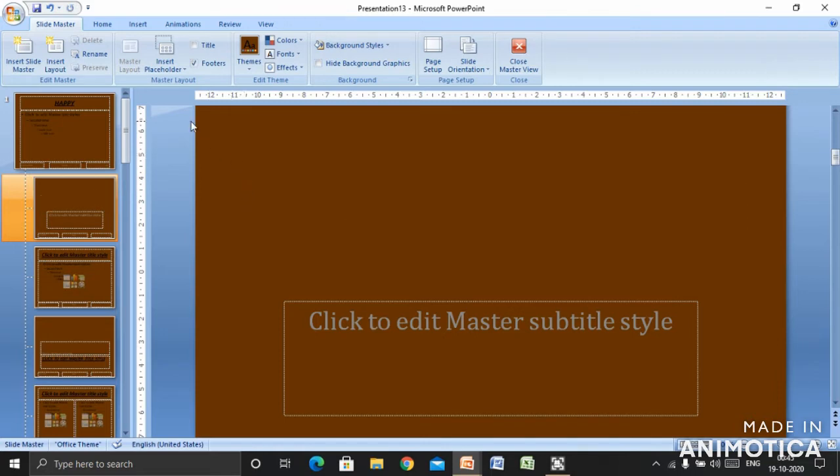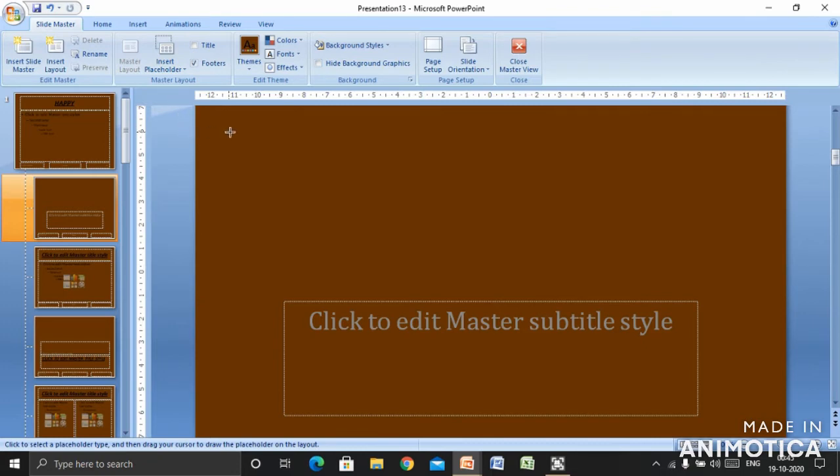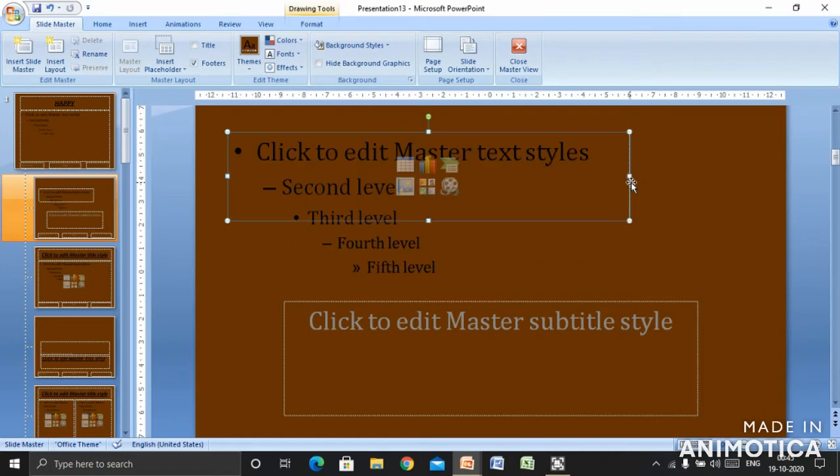Suppose now again if I want to insert a new placeholder, go to the master layout, click on the insert placeholder button. You will get a drop down menu. From the drop down menu, we can select any option, whatever you want. Suppose this one, a four-headed arrow will come before you and you can drag the placeholder on the screen.